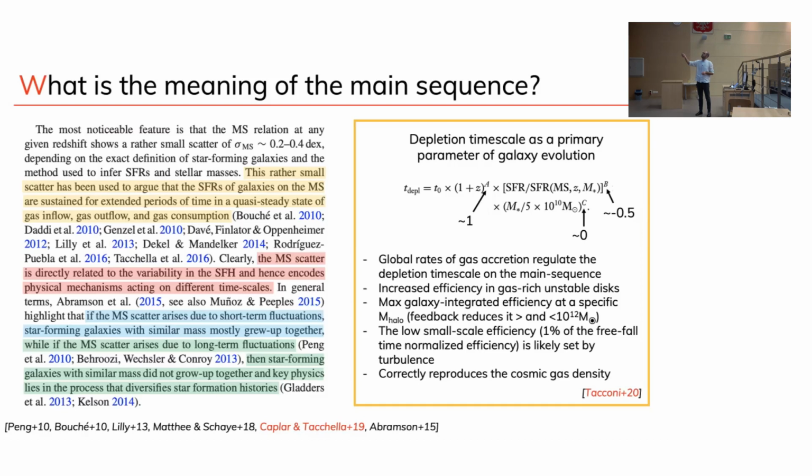Below, the small-scale efficiency, this is the 1% that Jeremy was mentioning this morning. Again, the star formation rate is a function of gas mass normalized by the critical time, and it's remarkably similar across these galaxies, 1%. You can also extrapolate this and try to reproduce the global content of the molecular gas density in the universe. It does reproduce the same shape, something that increases from high redshift to redshift 1 to 3 and then decreases again.